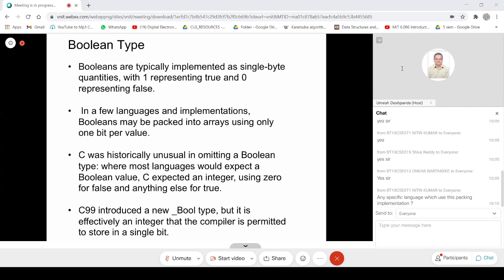Any specific language which uses this packing implementation, I'm really not aware of any particular language, but there might be some languages which can use this packed kind of implementation. I know Pascal uses a packed implementation for implementing arrays, but we will discuss that in detail later.